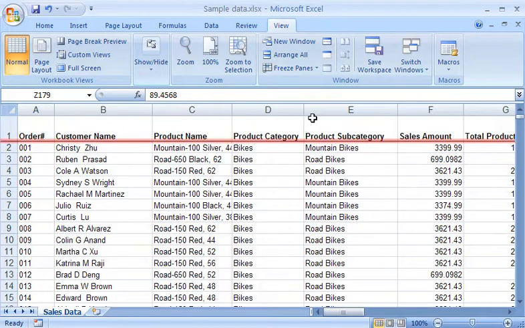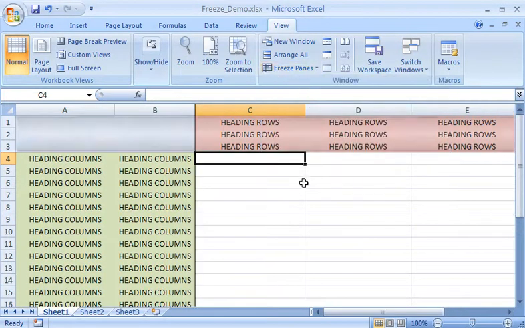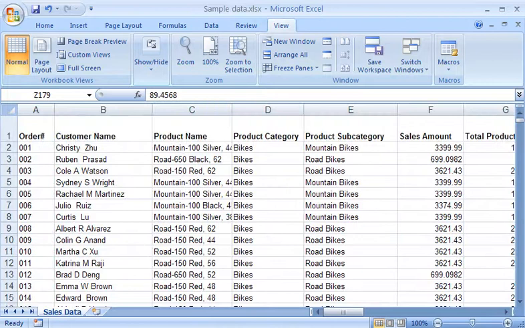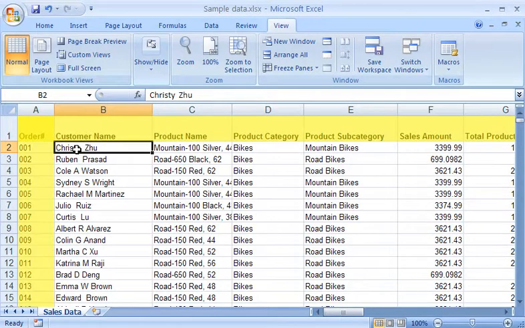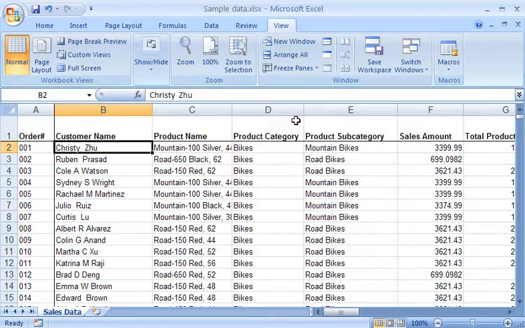However, with a worksheet that has as much detail as this one, I need to be able to freeze both. Here's how I do it. First, I determine which rows and columns to freeze by selecting one cell. When I click Freeze Panes, everything above and to the left of that cell will stay in place when I scroll in the worksheet. In this worksheet, I want to freeze the row above row 2 and the column to the left of column B. So I select cell B2. I click Freeze Panes, and then click Freeze Panes.